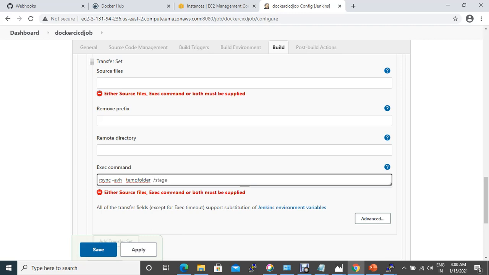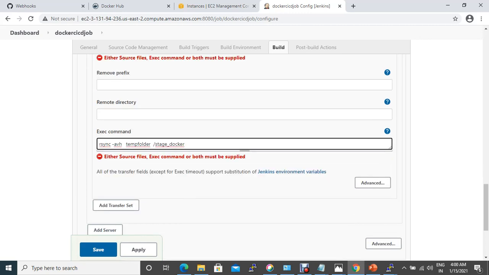So let's name it temp folder to the stage area, stage docker, let's put it this way. Okay, and this job is going to fail because this temp folder is not the right one. So we'll just grab the folder name,